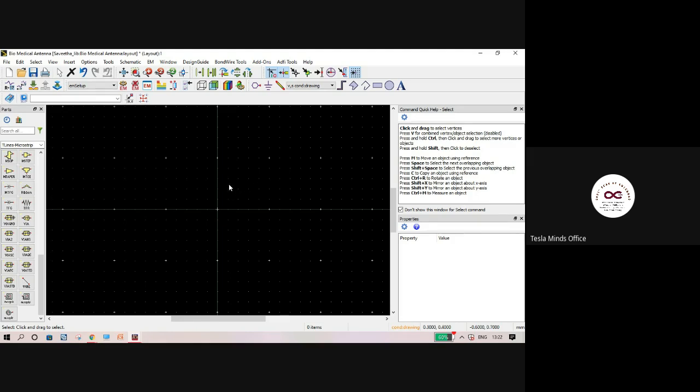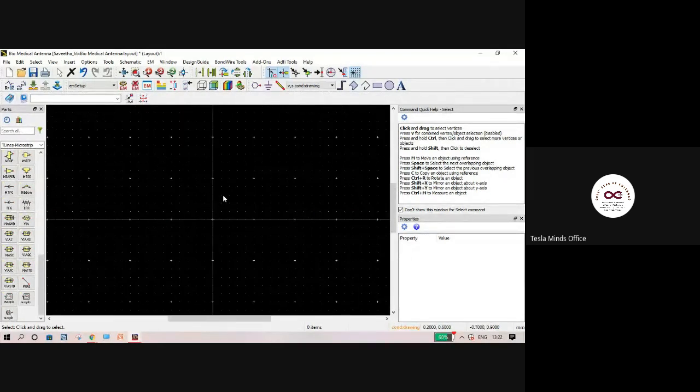What we have here are zoom capabilities, like this magnifying glass plus and minus. You can magnify, and you can rotate using these icons. Then you have the grid snap. Maybe this is not needed as of now, but when you start designing more circuits, you'll understand the need for toggle intersection snap, toggle vertex snap, all those things. As of now, just understand how we are going to design the antenna.